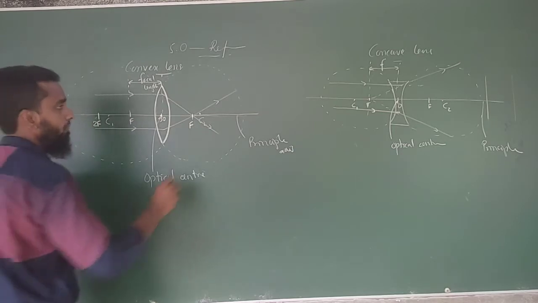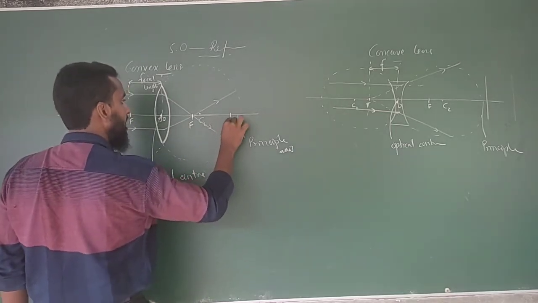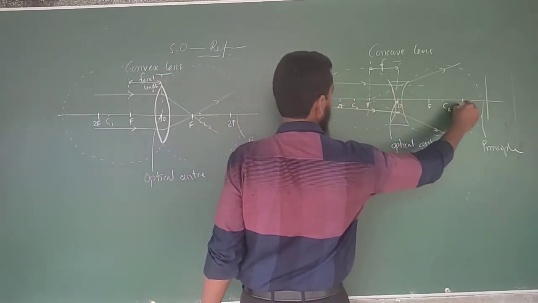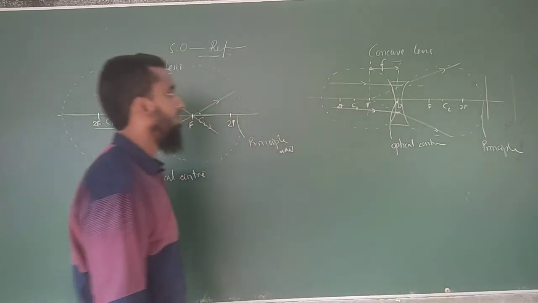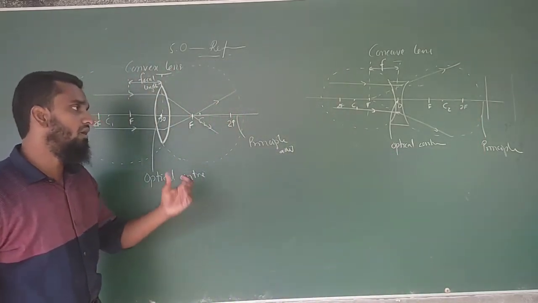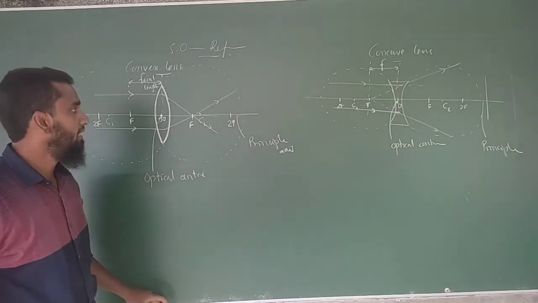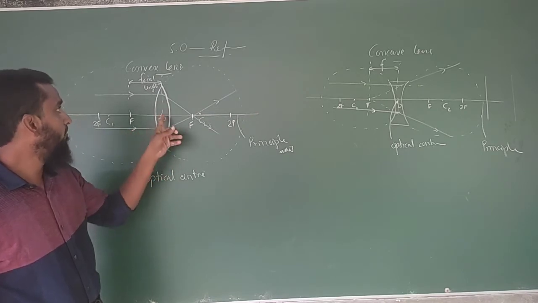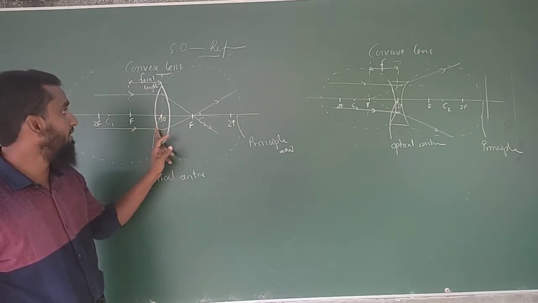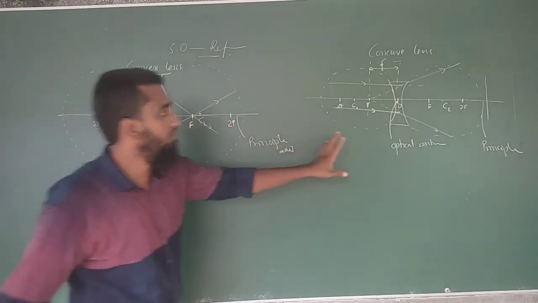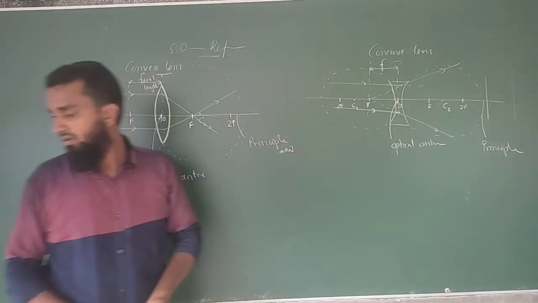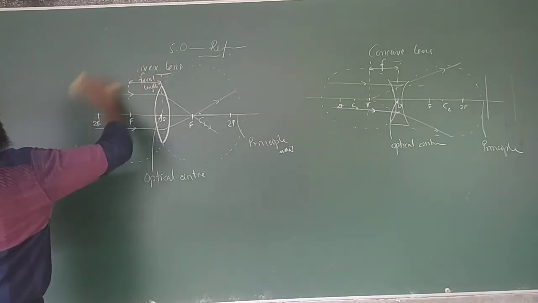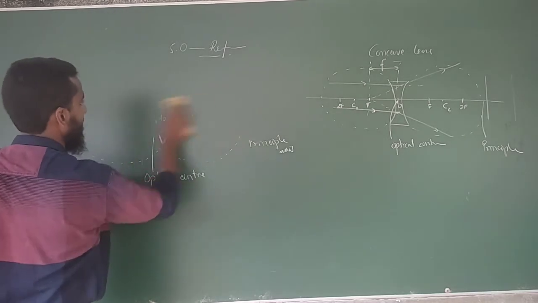That is going to be the 2f, and the 2f is on either side. Here also you can consider a 2f, but we don't require 2f in the concave lenses for the ray diagrams. These are the diagrams, the main parts of lenses, for the concave lens and the convex lens. Note it down by pausing the video. Okay, I hope you all have drawn the diagram.